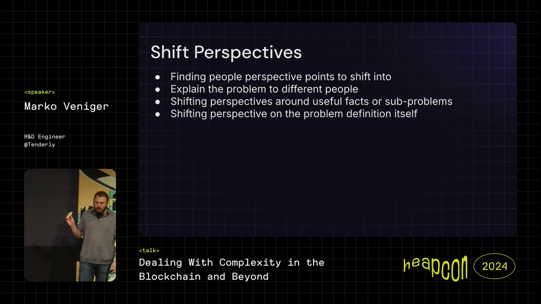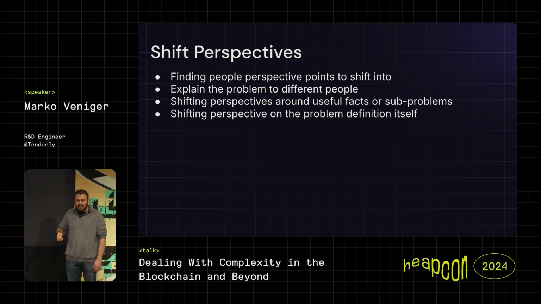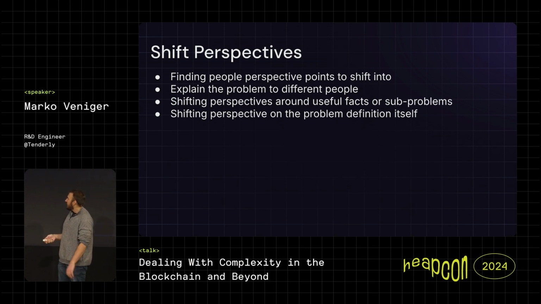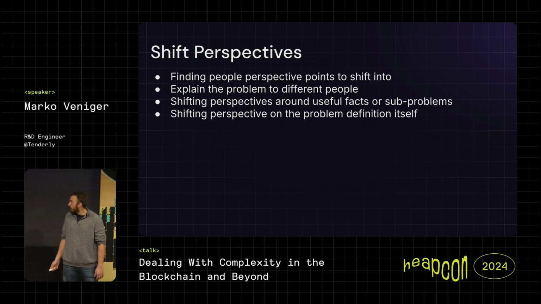If you try to explain the problem to people extremely different from you, go explain it to your parents and see how it goes. You have to go really, really deep and really specific in order for them to understand. You would have to chop up the problem into small chunks and then explain every chunk to them. And this is actually what Feynman did. I put it in basically because of him.